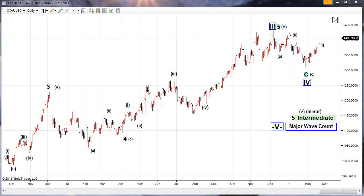There seems to be no doubt, at least in my mind, when I look at this and the way we overtook this market right in here, that if in fact we are looking at a market that is going into an impulse cycle, the good news is that we finished our entire A, B, and C, both intermediate and minor, and we are now in not only wave 1 on our minor count, but also wave 1 on our intermediate count